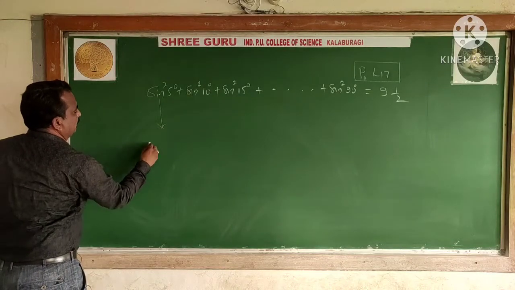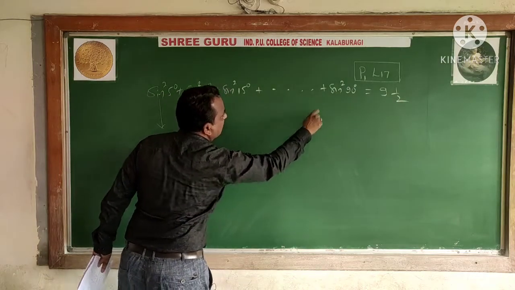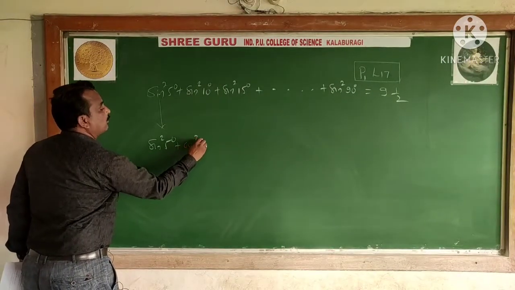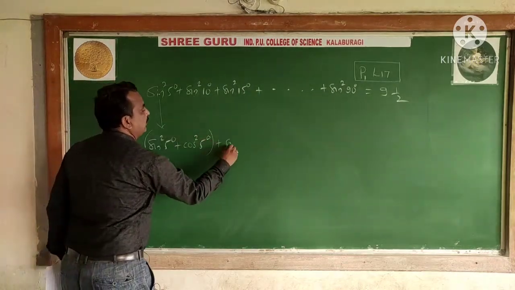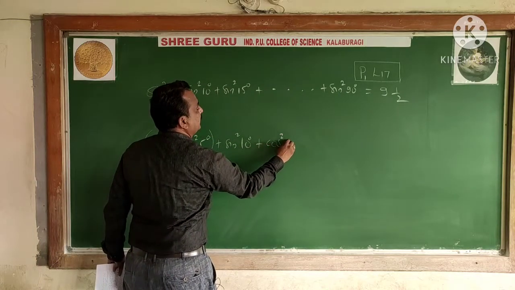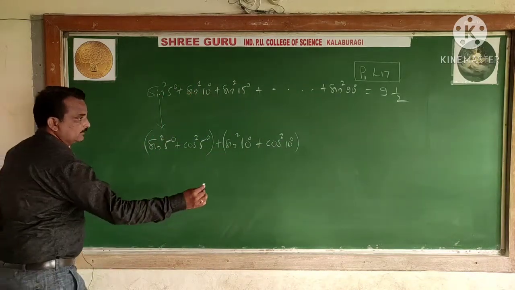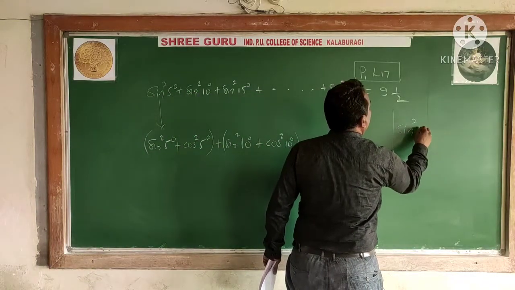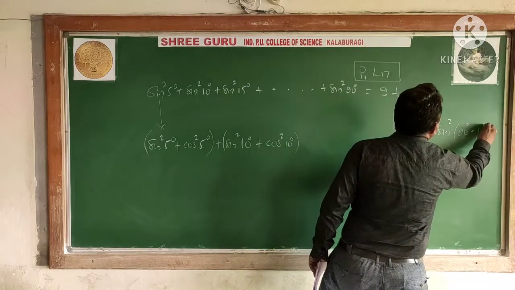Once again I am repeating this question here. Sin square 5 degree, then you have sin square 85 also, a difference of 85 terms. That sin square 85 I have converted to cos square of 5 degree. Similarly, sin square of 10 degree, you have sin square of 80 degree. Sin square 80 degree becomes cos square of 10 degree. See, sin square 80 degree is written as sin square of 90 minus 10.